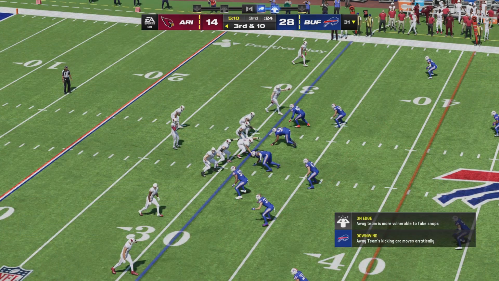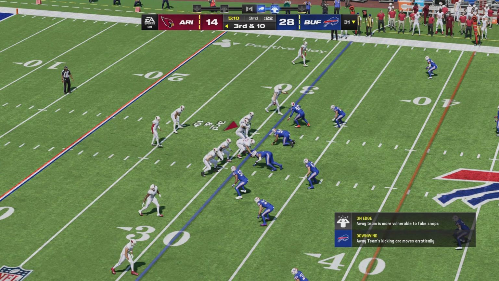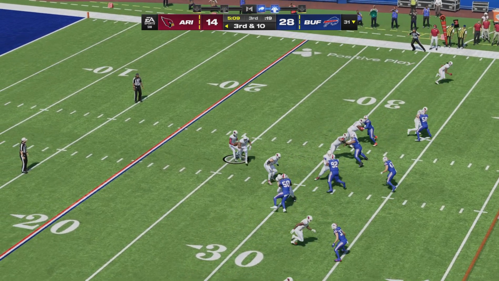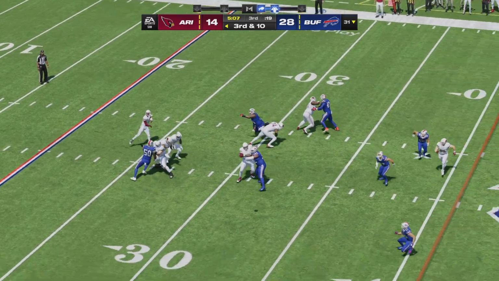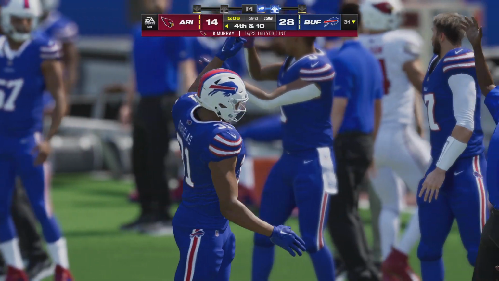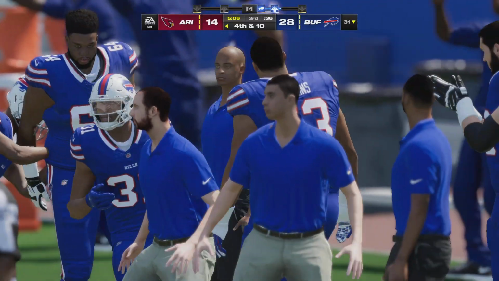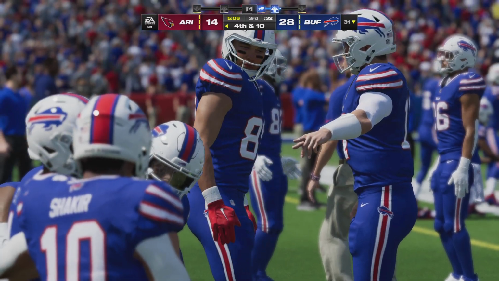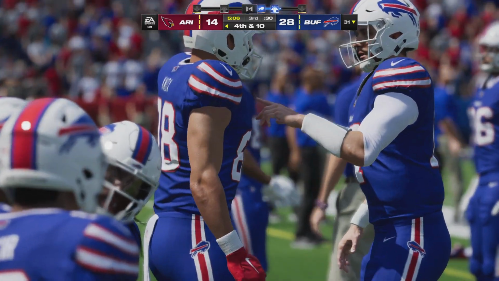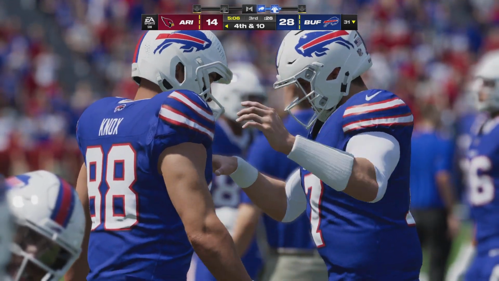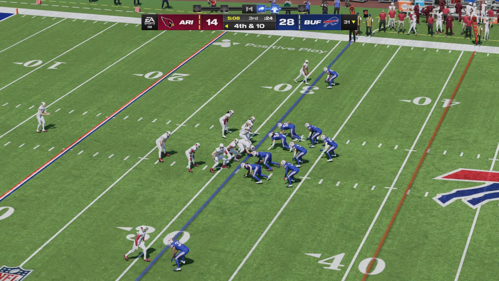This offense in desperate need of a conversion as they come up on 3rd down. They'll fake it to counter. Now Murray. And that is incomplete. Give them credit for excellent coverage, tight coverage. They're doing a lot of things that we talk about in basketball. They're causing disruptions in the passing game. And as long as that continues, it'll be tough for them to gain any momentum throwing the ball downfield.